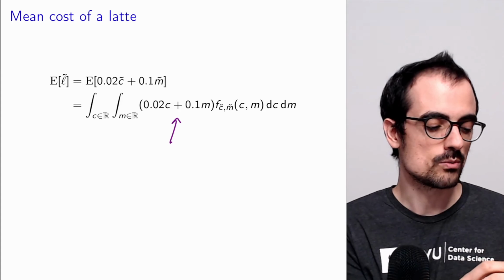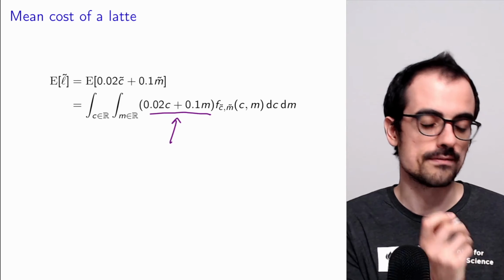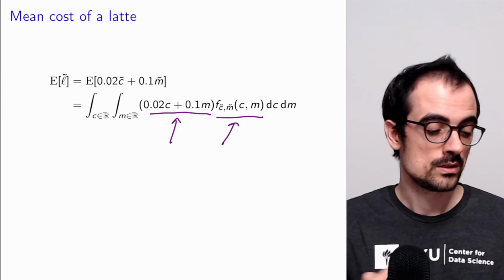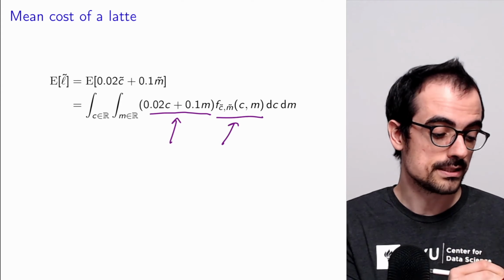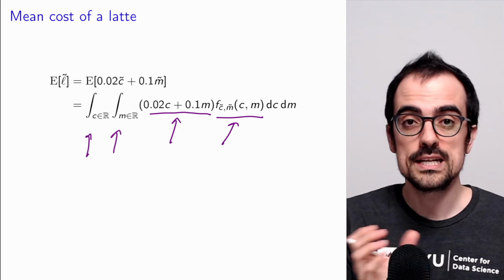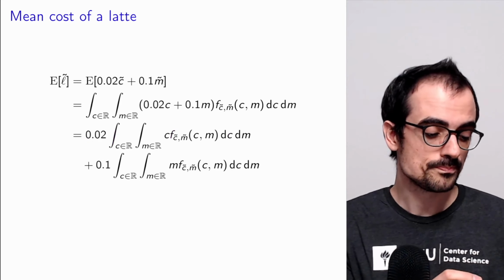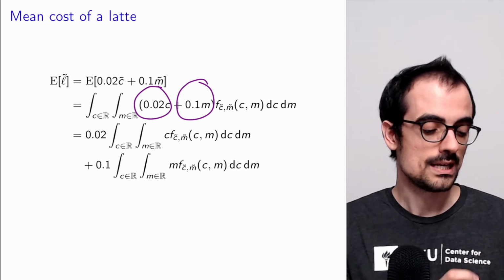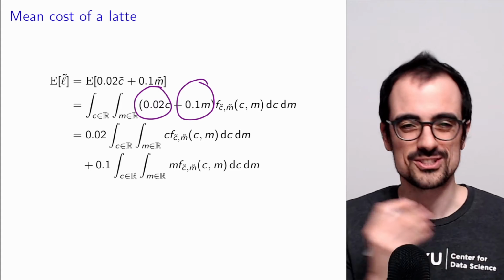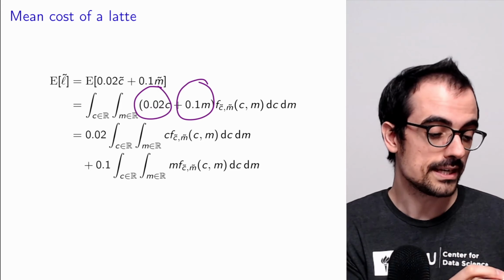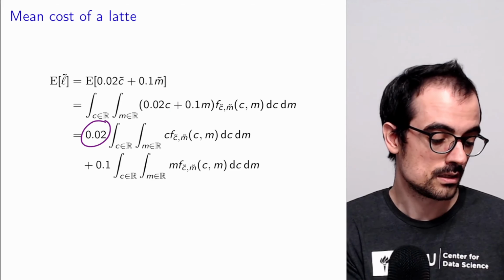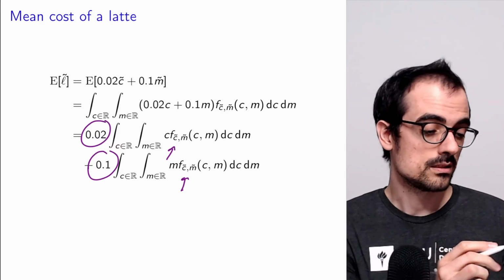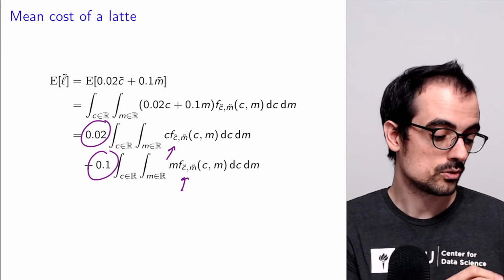Essentially, what we do is we take all the possible values of the function of the two random variables and we multiply it by the corresponding density. All right, so here we see that because this is an integral and integrals are linear, we can actually separate this into this term and this term. So the integral of the first term and the integral of the second term. Again, because integrals are linear, because they're essentially limits of sums, we can take out these constants and just integrate what is left inside.